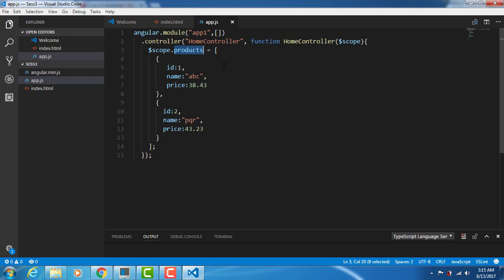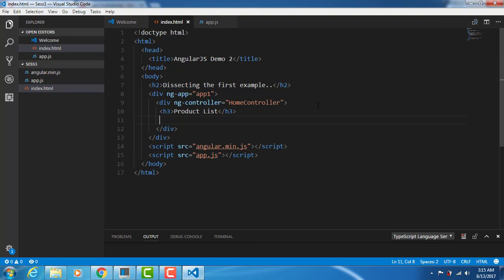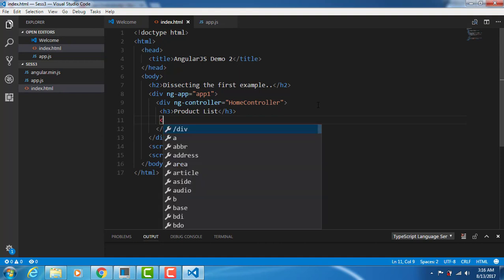So here you can see that we have got our array of items, and we are calling it products. So we are going to be building this application over the next few videos, and in each video we will add some features to it. So let me come back to my HTML. As we don't have message anymore inside scope, we'll have to delete this statement, and I'm just going to display a message here. Let's say product list,